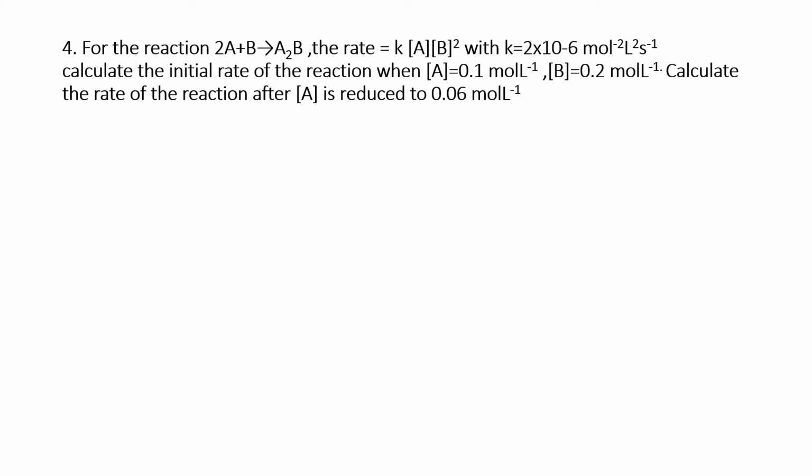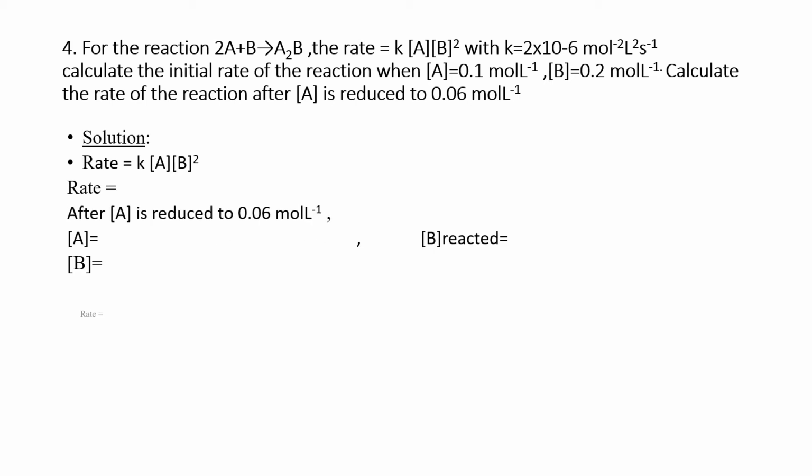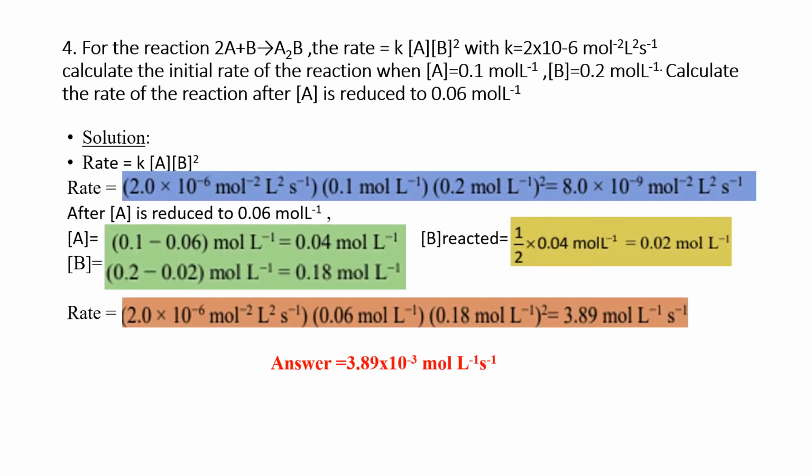So first, how do we find the initial rate of the reaction? The rate of the reaction is given like this, so you simply need to substitute in this equation. The rate constant K is there, the concentration of A is there, the concentration of B is there. You just substitute in this rate expression, and you will get the initial rate of the reaction. This is K, this is A, this is B. Substituted. That is no problem at all.